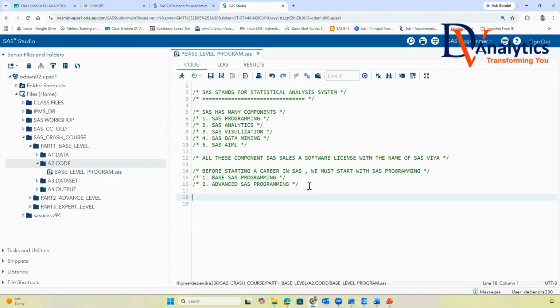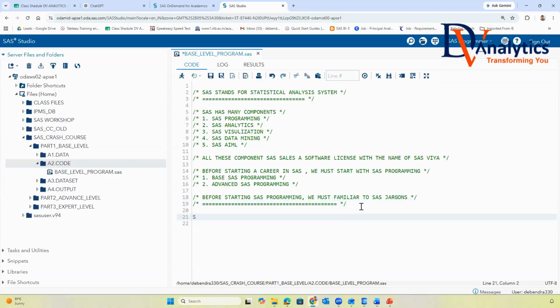Before starting SAS programming, we must become familiar with SAS jargon. So what is the meaning of SAS jargon? I'll be showing this example to you all here.